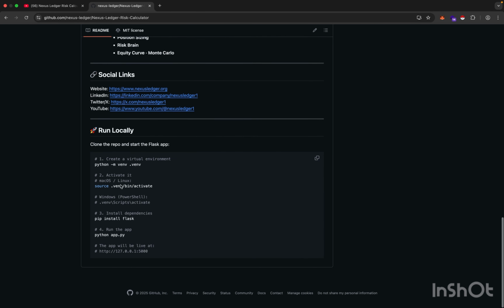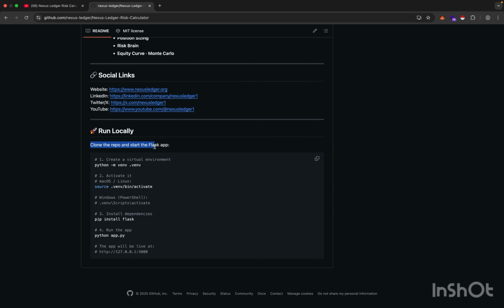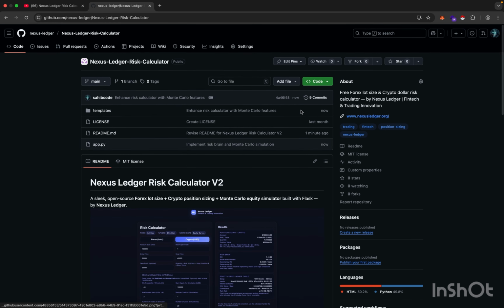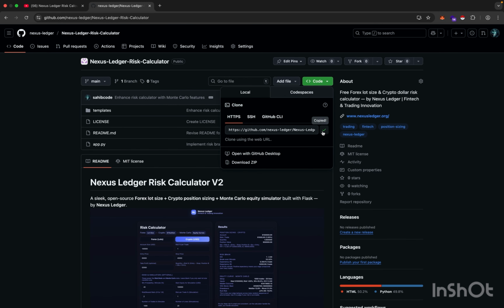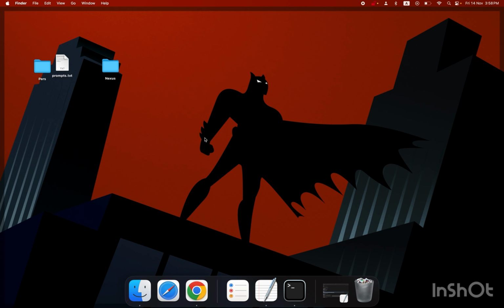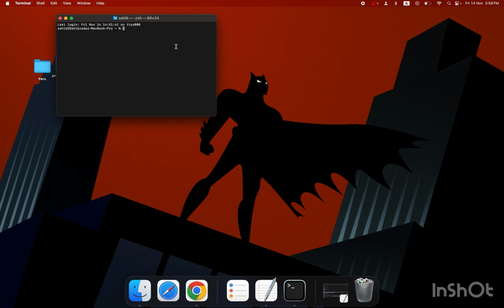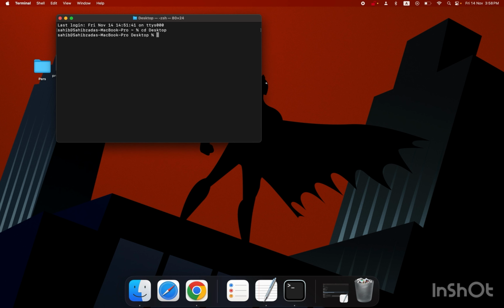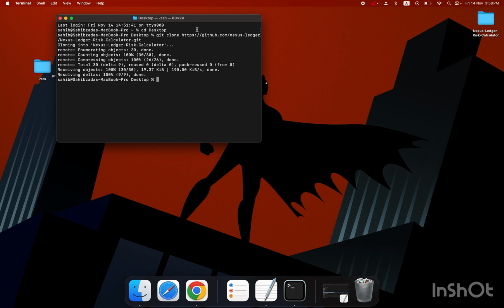And to run it locally, you can just clone the repo. So let me just go ahead and do it quickly. You just copy it and go to your favorite terminal. So I'm using Mac, but if you're using Windows, you can also do that very easily. So let's just go to desktop. Let me just zoom in, and then we just do git clone,